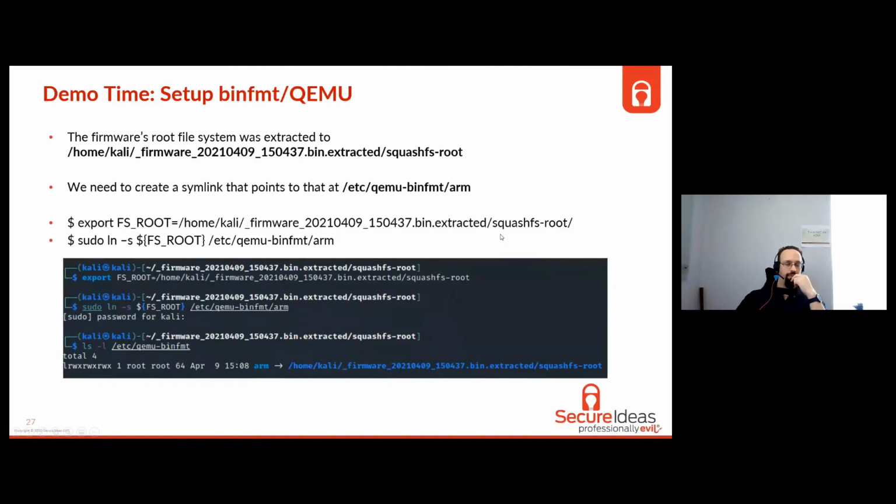So for that, we would first want to set up that binfmt QEMU. We had extracted that firmware, and the root of the firmware file system would be under our home/kali/ firmware extraction path /squashfs-root. That would be the directory that, when we ls it, you see etc, bin, lib, and so forth. That is where you have to set up this